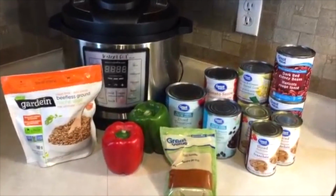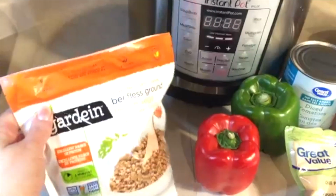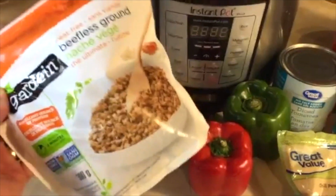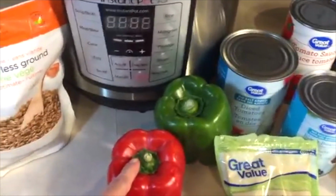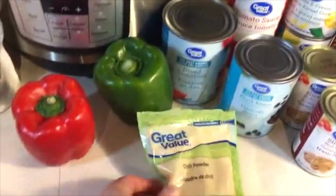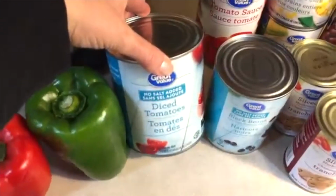All right, so let's just go through the ingredients and see what we'll be cooking with today. The first one is actually just the beefless vegan ground beef, but this is an option. You don't have to put this in if you don't want to. It's completely up to you. You'll need 1 red bell pepper, 1 green bell pepper, some chili powder, and